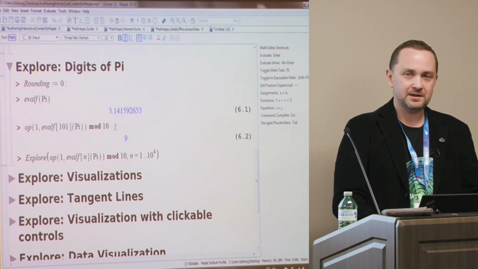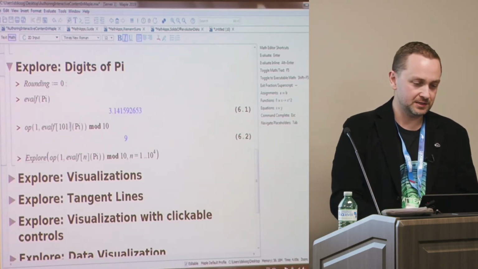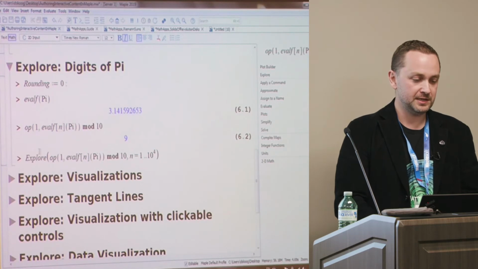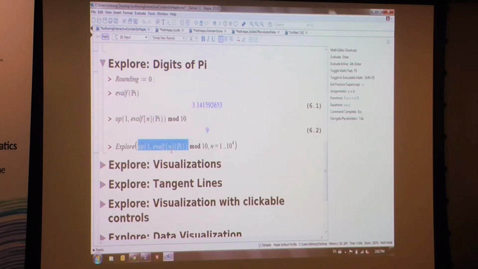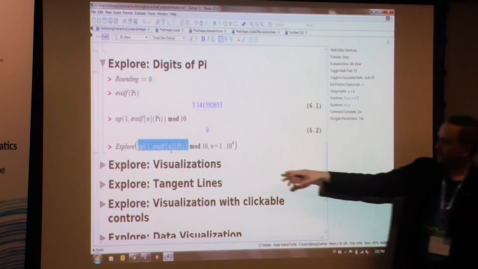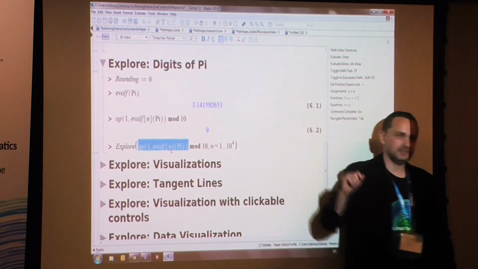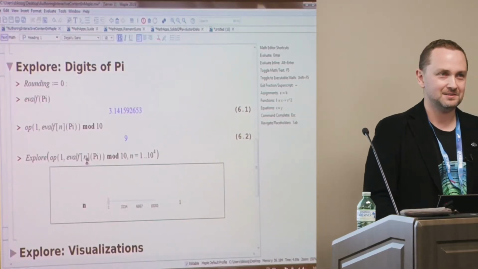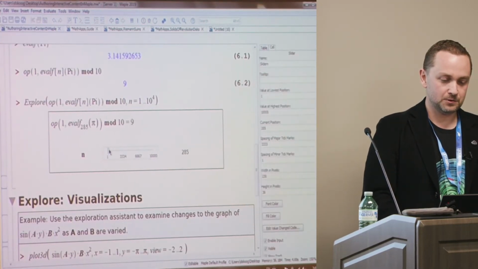But what I use Explore for is here we have a parameter. Right? Here we have something we could say, well, show me the nth value of pi. So what we now do is we say, okay, Explore of op1, evalf n, all that messy stuff that I just talked about. And then let's look at different values of n. So we'll start with n equals 1 to 10 to the power of 4. I'm going to be conservative and stick with 10,000. I heard that was how many we store. So here we can scroll through now,